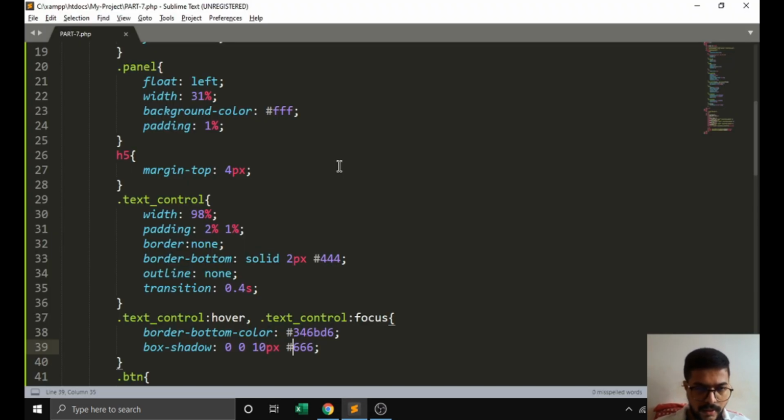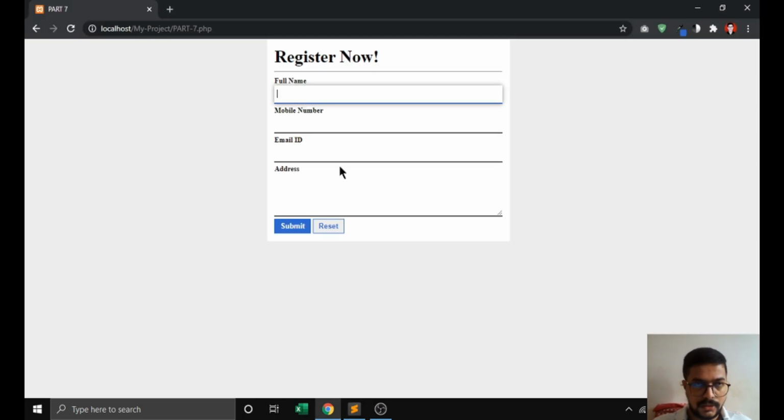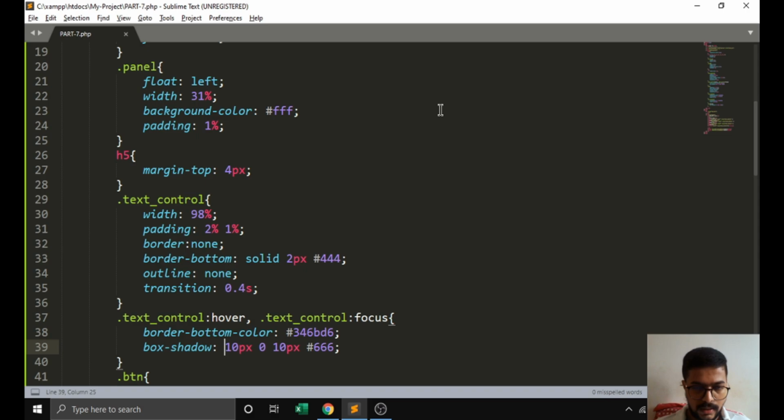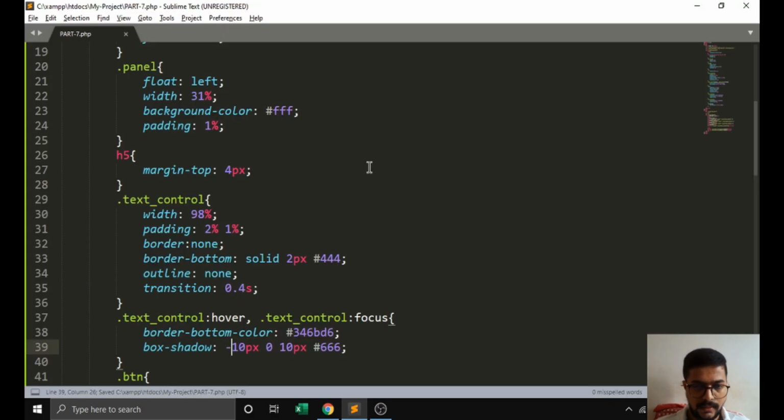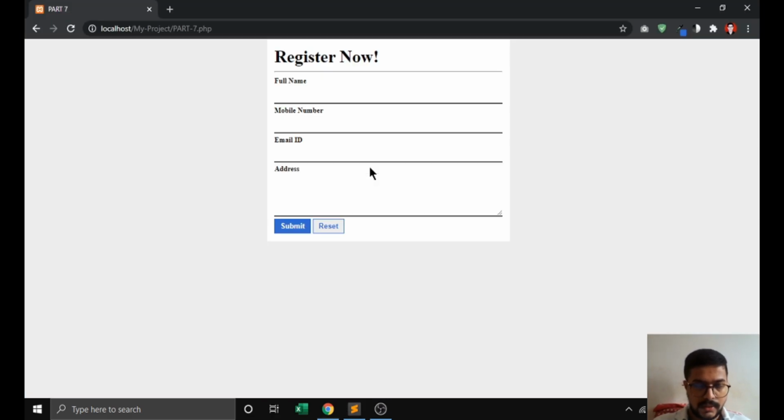The box shadow effect will work like this: if I enter the first value 0, the box shadow goes to the outer right side. If I write a minus value, then it comes to the left side. If I enter a value of 10 pixel, it goes to the lower side.